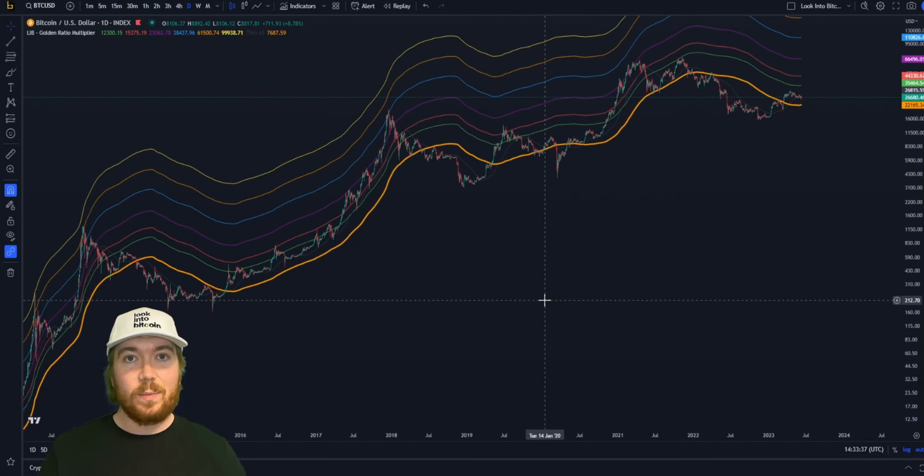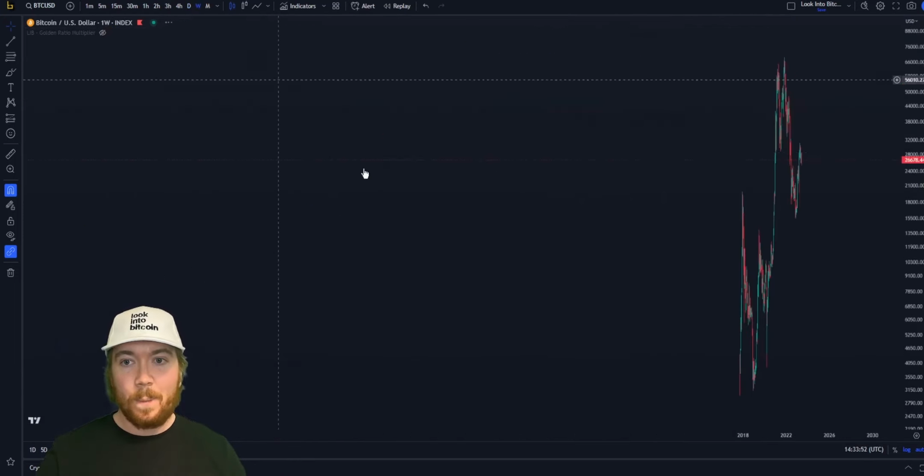golden ratio multiplier. If you have a premium Look Into Bitcoin subscription, you can gain access to all of our TradingView indicators very easily, apply them to your own charts and see them across all different time frames. So very useful. But if I go onto the weekly time frame here,